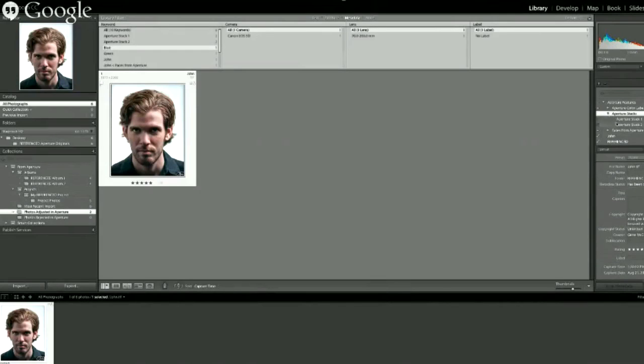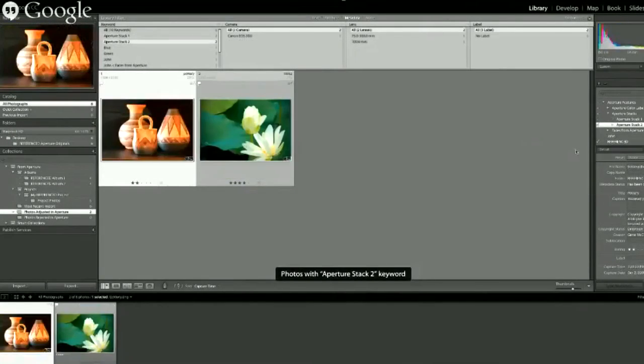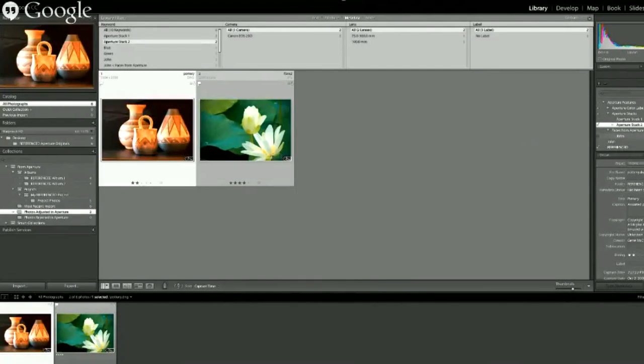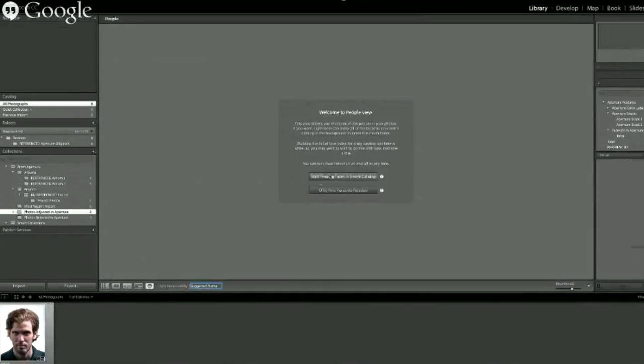This catalog had 2 stacks, so we have Aperture Stack 1. Very original names they give them too, by the way. Aperture Stack 1, Aperture Stack 2. So I can come back in and recreate these stacks. We've got the faces from Aperture. Now it's very odd. I don't know why it brings this in and also builds the keyword. But if we go to this Faces from Aperture and then apply faces here,